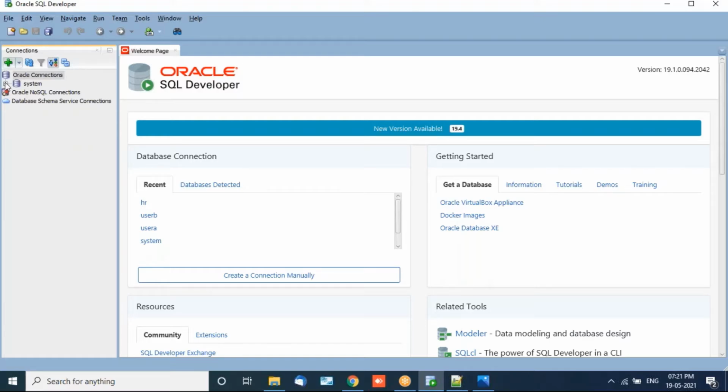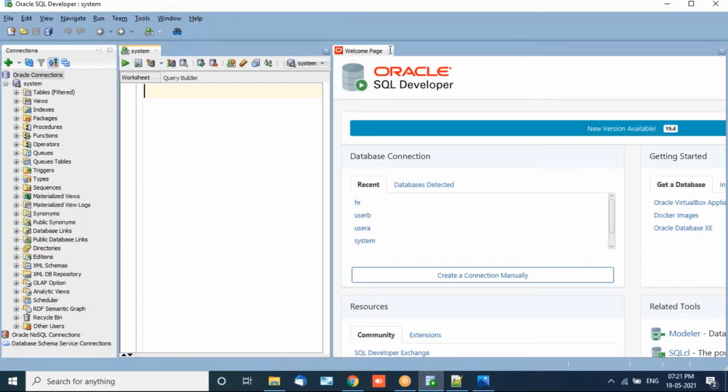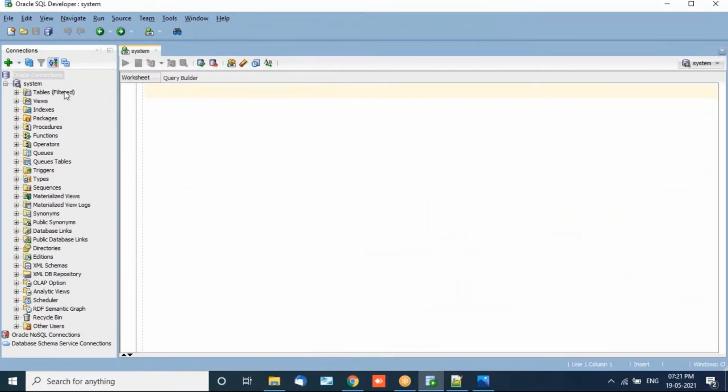It will expand now, so use the plus sign. You can see there are so many things there. Most of the stuff we are going to do, we're going to navigate to other users.